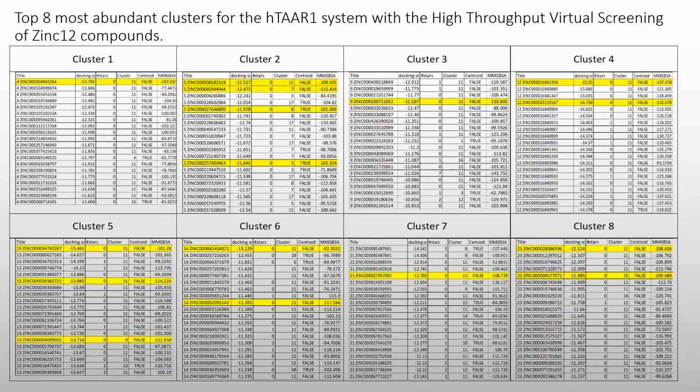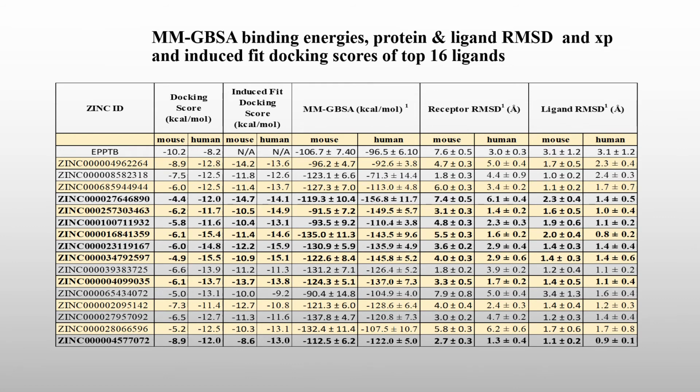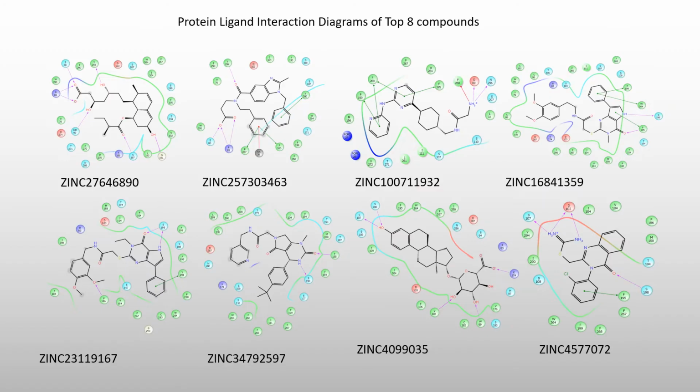and we did various analysis on them from docking scores, induced fit docking scores, MMGBSA, and within that, comparing the MMGBSA gave us 8 viable zinc compounds that looked feasible to look into, which this here is the protein ligand interaction diagram of the top 8 compounds, which shows us pi bonding, hydrogen bonding, and various other bondings